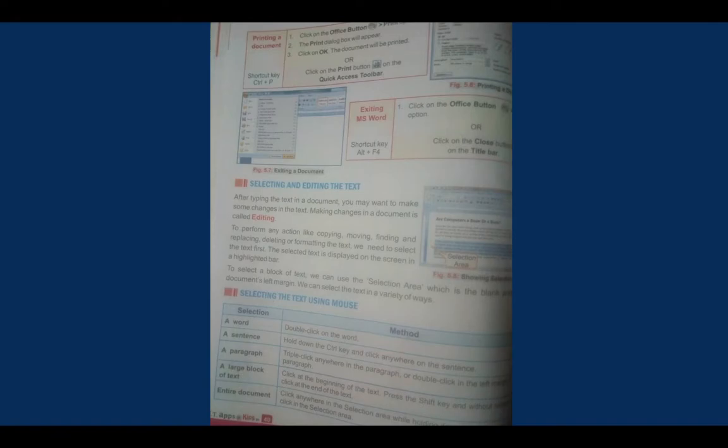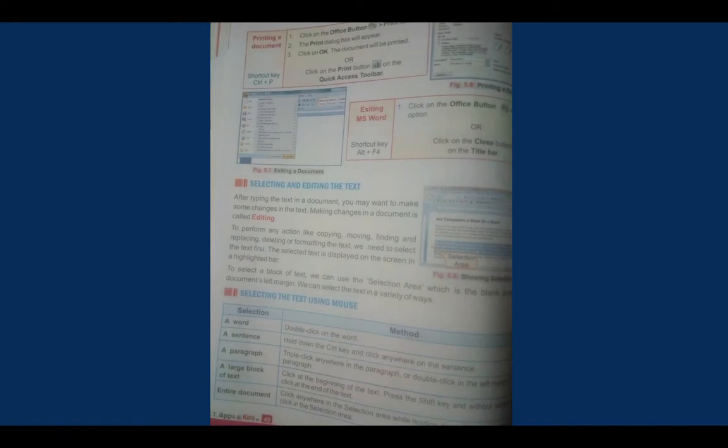Editing means today you have saved your file with a name form4. Tomorrow when you open, you find that there is some color change you want to make, you want to color all the text that is there. So you select the entire text and you color it.